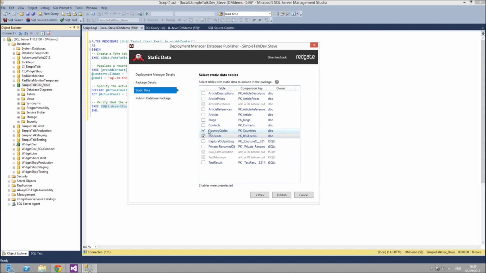So these 2 tables are ticked, which means that when I package up my database, we'll also package up the data in these tables, and the data in those tables will be deployed as part of a deployment. And there's a big button here which will publish it. But I'm not going to do that, because this is just going to show you what the GUI way